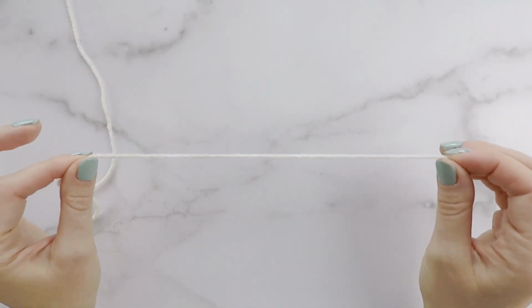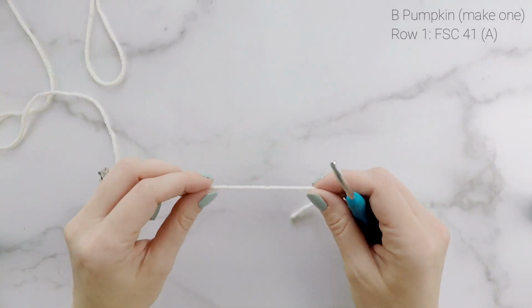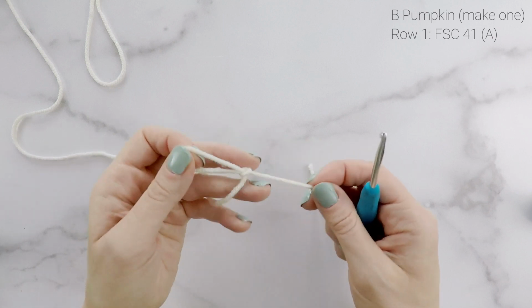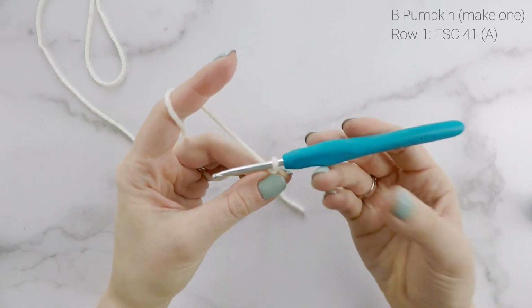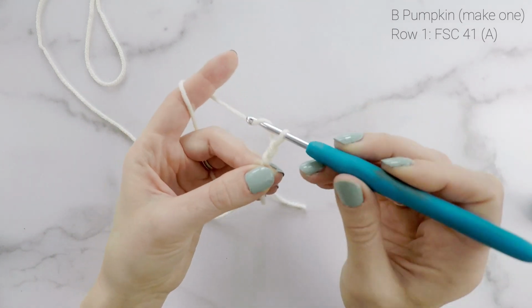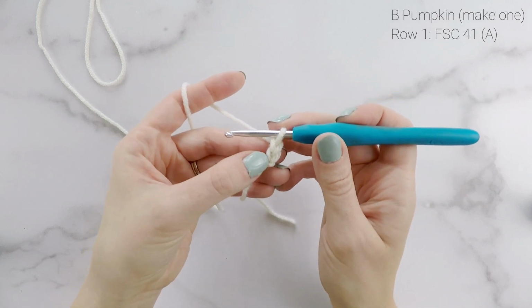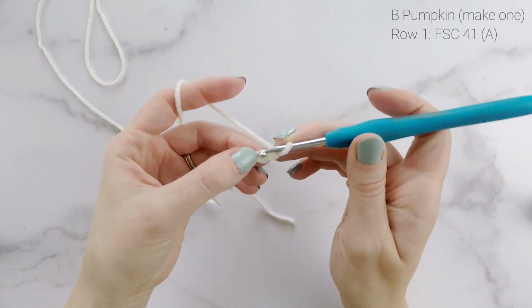I am going to grab one of my strands of my color A. We're going to start with the beginning of our pattern, and I need my hook, and we're going to start off with a foundation single crochet. To do so, we're going to make a slip knot, and then I'm going to chain 2, and working into that very first chain we worked, the second chain from the hook, we're going to insert our hook,